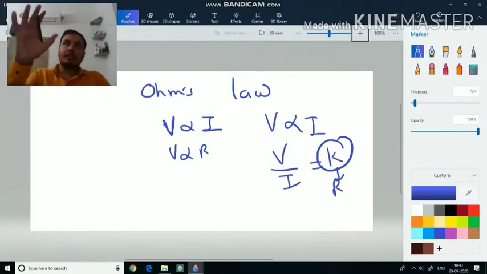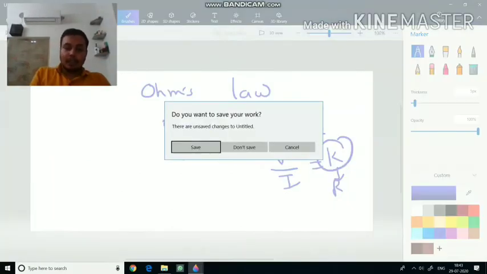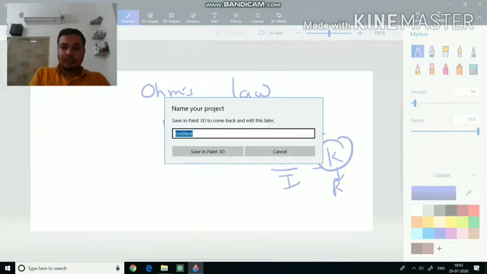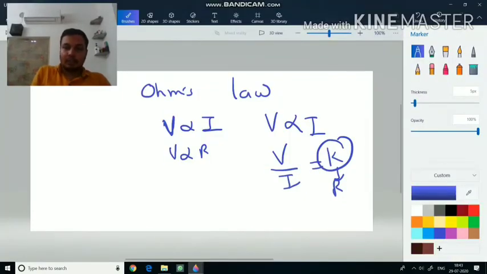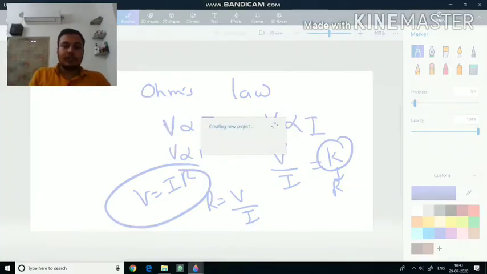If in your home one fan has a resistance of 100 ohm, then all the time the resistance will be 100 ohm only. If I give a current of 10 ampere, then the potential difference across it will become 1000 volt. If I give a current of 20 ampere, then the potential difference across it will become 2000 volt. So in this way I derive the simple formula V is equal to I into R. From here I got R is equal to V by I, and V is equal to I into R. This is the most important formula of this chapter.